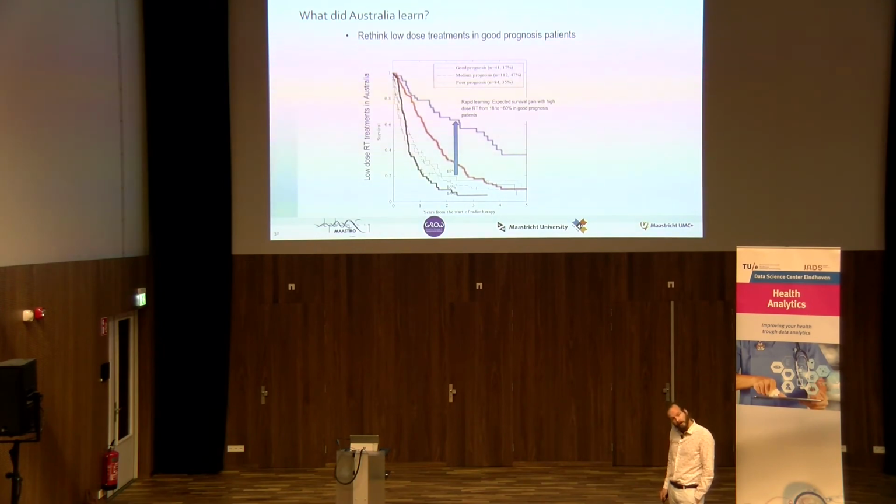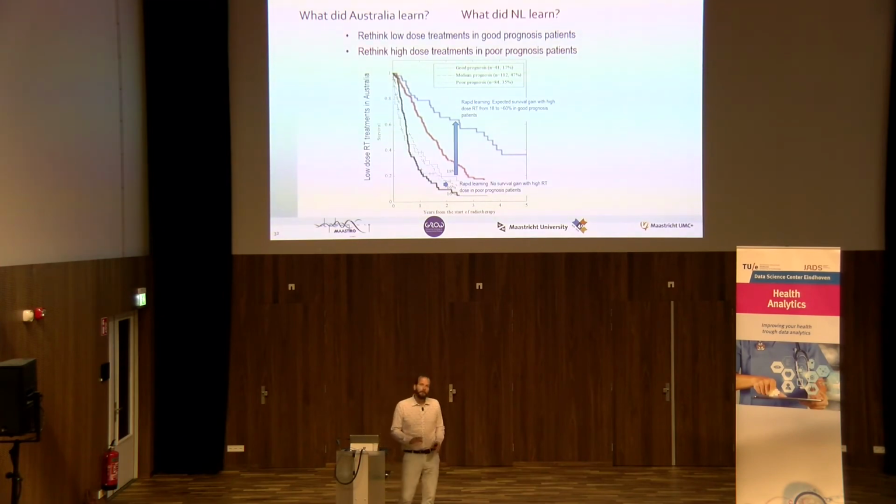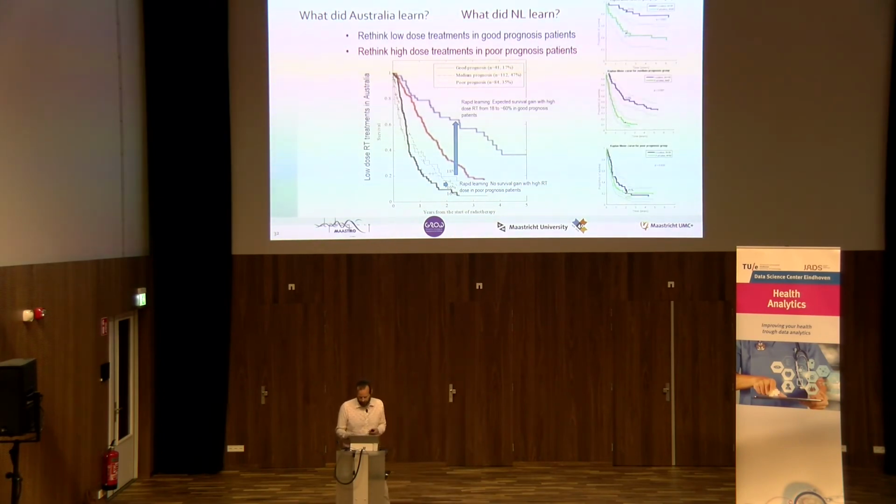What's the survival gain compared to what the Australians do, which is not give chemo and just have some symptom relief, which is maybe a week in the hospital? The gain in survival is 0 compared to what we do. So we massively overtreat a quarter of our patients in Holland. Right? And this is the message. When you start combining data, when you have different treatments, it's not about who's good and who's bad. It is about learning both. You always learn something from diversity and from sharing data. And these are, well, the actual results in Australia.